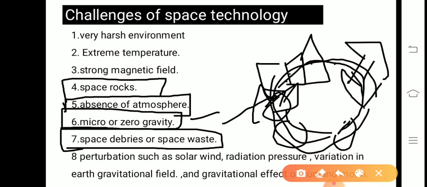so I will make a separate video on space debris or space waste and what kind of measures we are going to take further to remove this waste, what kind of initiatives have been taken in the world arena to remove this waste, and what is space debris and what is space waste. Okay, how this debris or waste is continuously growing and creates a lot of problems in communication as well as in Earth observation. Okay, so these are basically the challenges of our space technology.